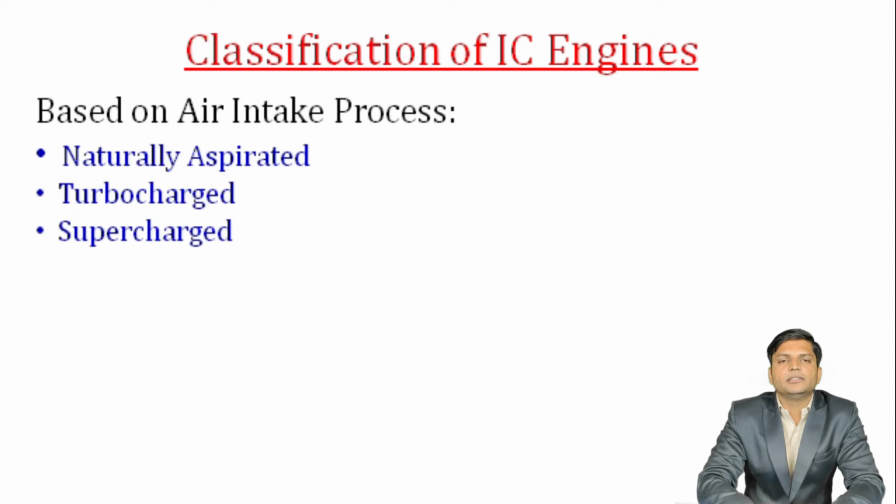In the turbocharged engine, the air is boosted with the help of exhaust gases, hence it is called a turbocharger. The exhaust gases are utilized to rotate the exhaust gas turbine, which is coupled with the rotary compressor, and that rotary compressor is used to boost the pressure of air, which is supplied to the intake system of the engine. In the supercharged engine, only an air compressor is used, which is rotated with the help of engine power only. Hence, it is called a supercharged engine.